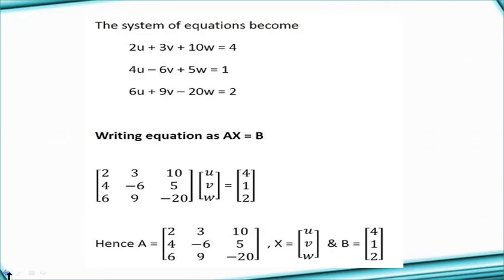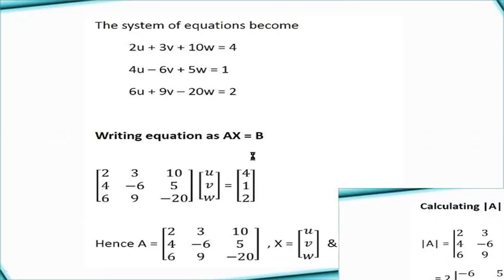Now the same process we have to follow for finding the inverse, and then we have to find out this matrix X basically. AX equal to B, A is the matrix of all the coefficients of variables, X all the variables involved. Now we will solve first of all for u, v and w, and then we'll find out the values of x, y and z. B is this matrix of all the constants 4, 1 and 2.